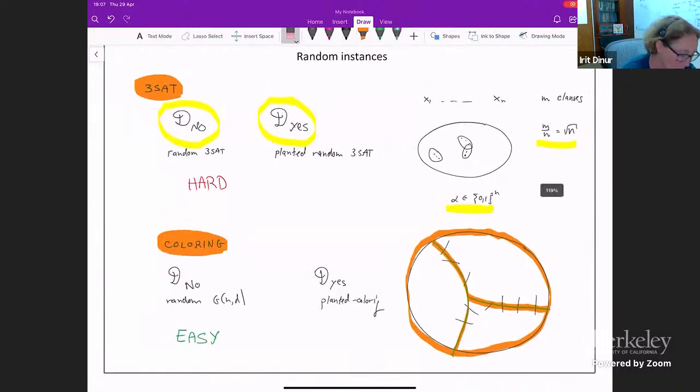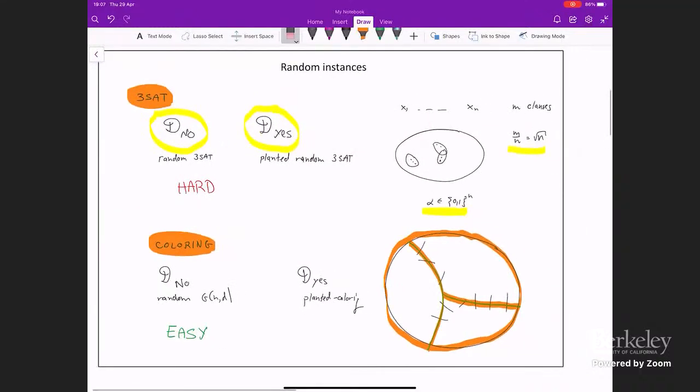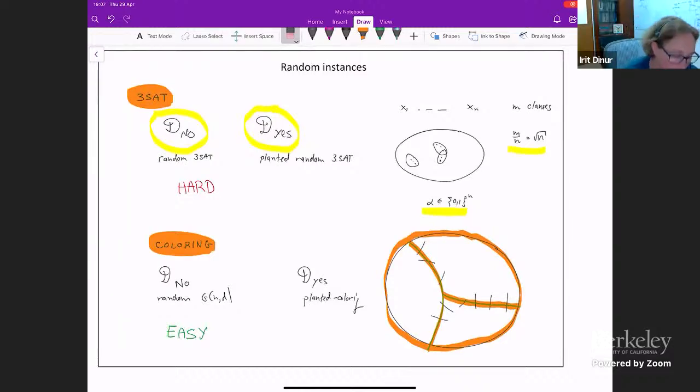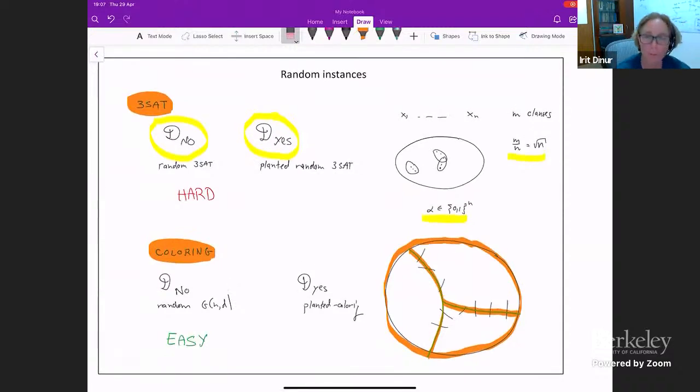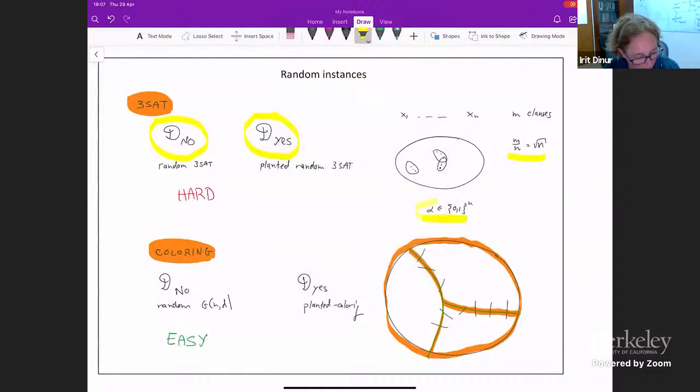So you might find this a bit surprising. Excuse me, could you define planted random 3-SAT again, please? Sure. So you want to select a random 3-SAT, but you want to make sure that some specific assignment, in this case this alpha, a string on n bits, which are my n variables, will be a satisfying assignment.